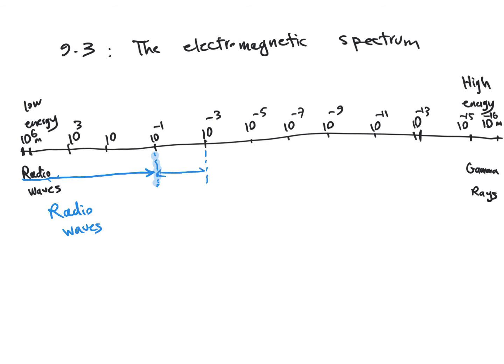That would be your microwaves. And now you know that when you put something in your microwave, what part of the electromagnetic spectrum you're dealing with. This is the radiation that your food is going through when you put it in the microwave. And then from 10 to the power of minus 3 to 10 to the power of minus 7-ish, between minus 5 and minus 7, to be exact,